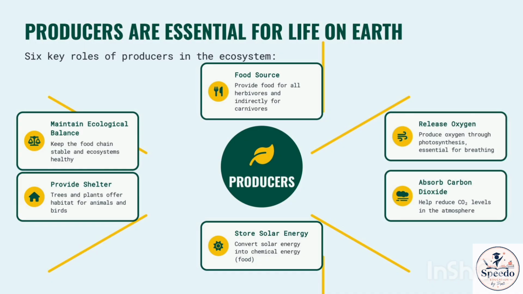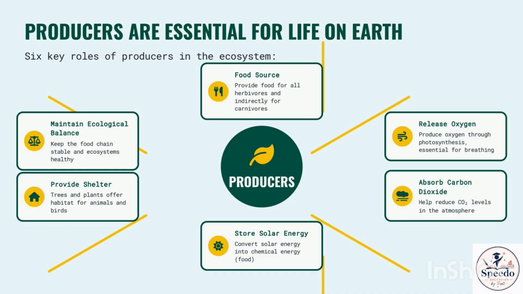Key points to remember: food provides energy for all life processes. The sun is the ultimate source of energy for almost all ecosystems. Producers prepare their own food. Producers, also called autotrophs, include green plants, algae, and some bacteria. Producers occupy the first trophic level. Every consumer depends directly or indirectly on producers.